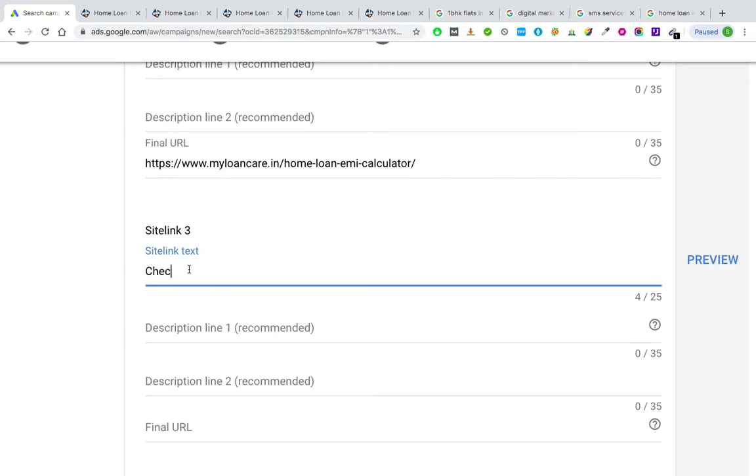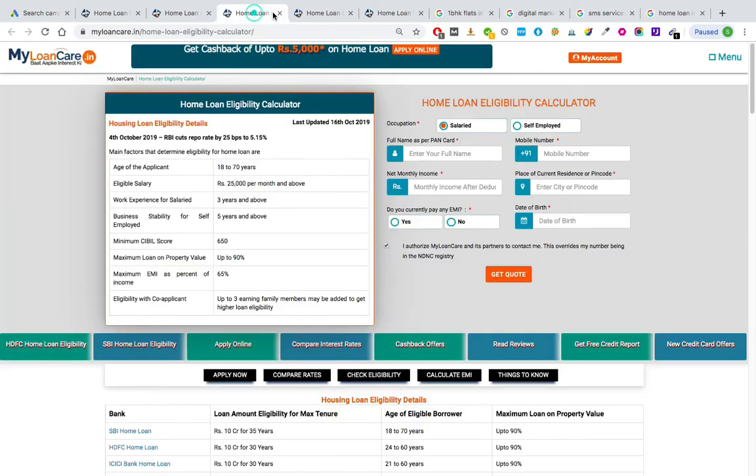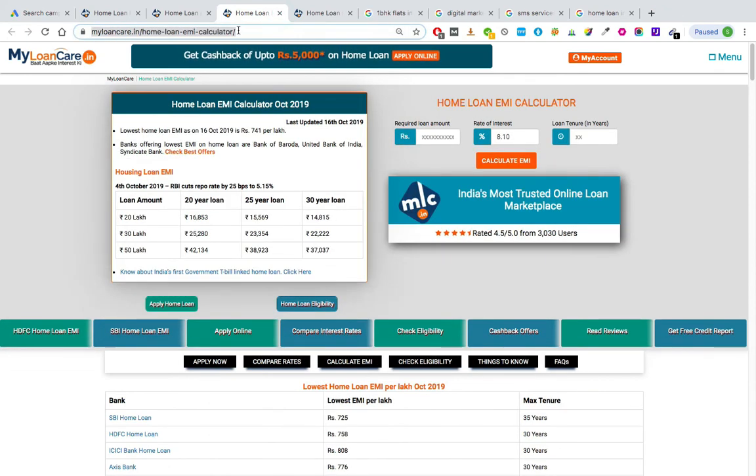Check home loan eligibility. Oh, okay. Let's make it check loan eligibility, and you can add descriptions, and final URL will be, sorry,